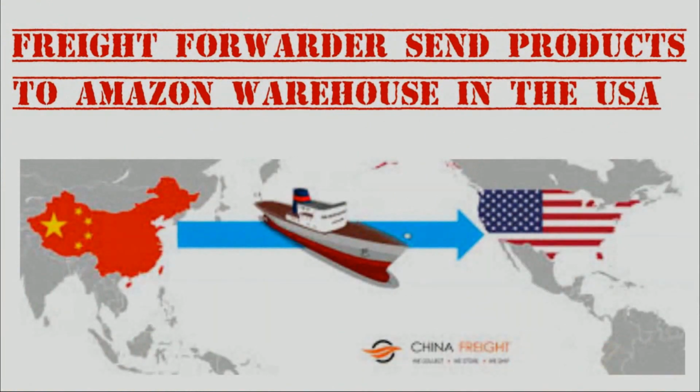One thing that's important to understand, which we're going to explain more in Module 2, is what's called FOB. FOB, or FOB shipping, basically means freight on board. If your manufacturer themselves are going to ship the products from the floor of the manufacturer once they're completed to the port in China, then the manufacturer is going to charge you a fee to do that, right? Because they're handling that element of the shipping. If you want to make it super easy, just tell the manufacturer, no, once the products are complete, my freight forwarder will pick them up from the factory and then take them all the way to the FBA warehouse